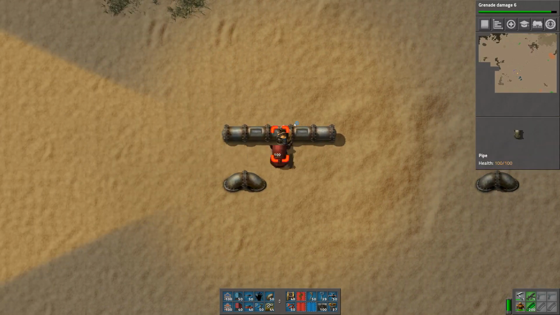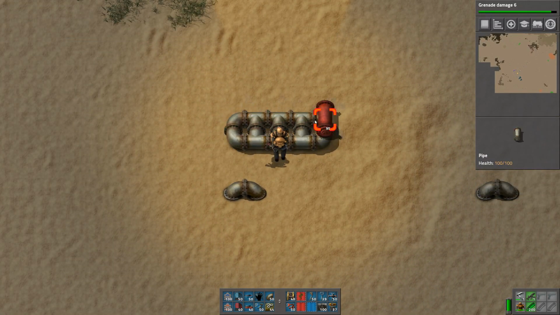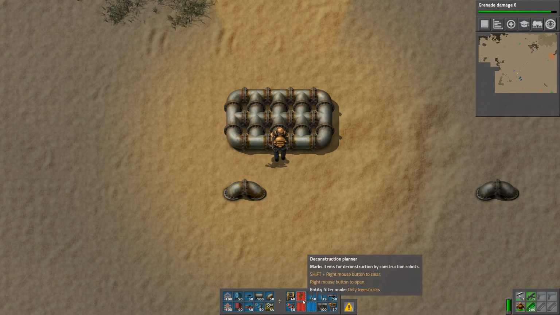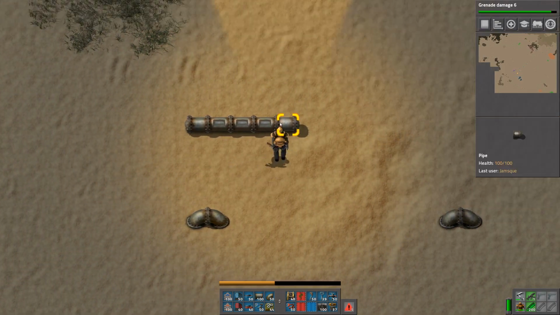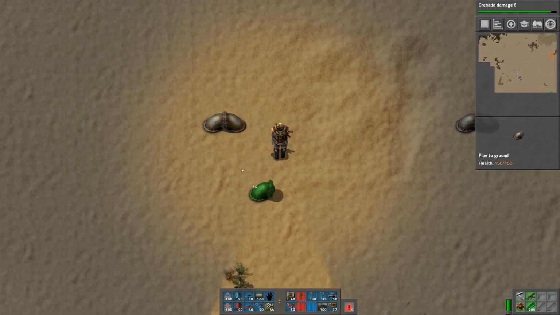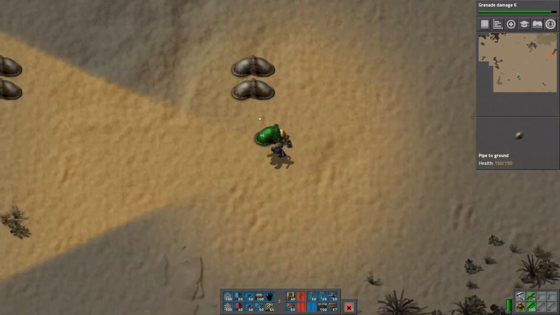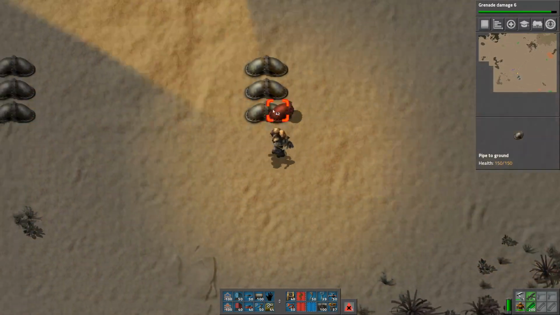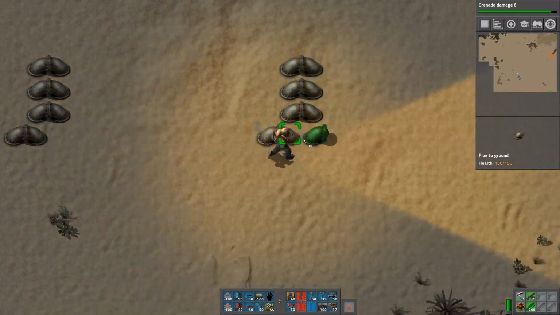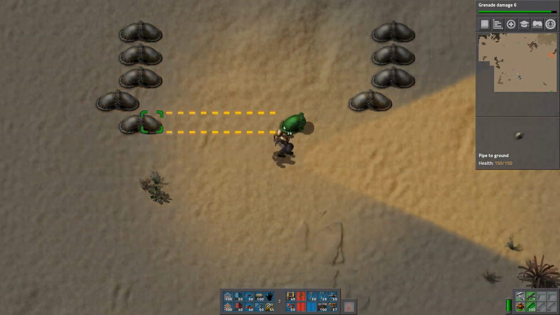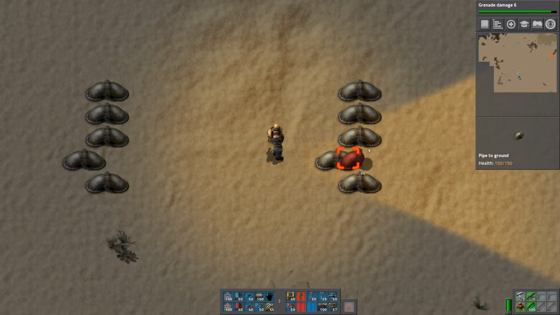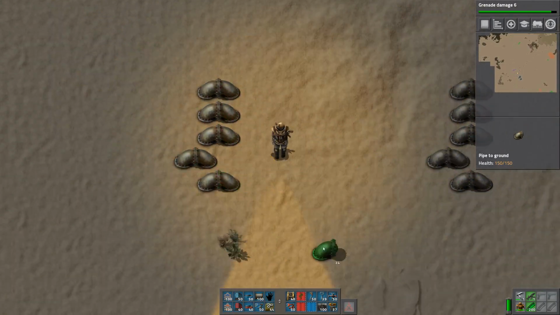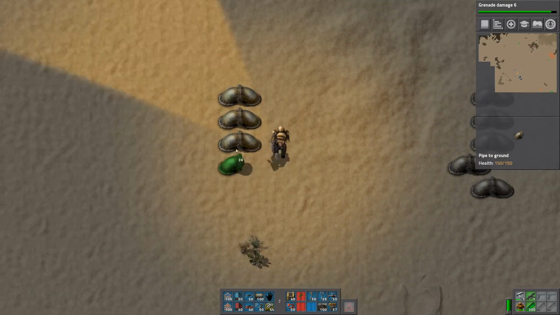The problem with above ground pipes is that you can't run them in parallel, because they just keep connecting up like this, right? And that's usually not productive for you. But underground pipes you can run in parallel, as many different sets of them as you want. So if you need to transport different types of liquids all to the same location, or a lot of one liquid in parallel all to one location, using this kind of construction lets you do that very neatly and tidily,